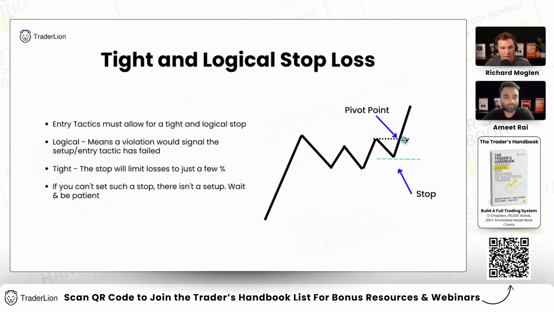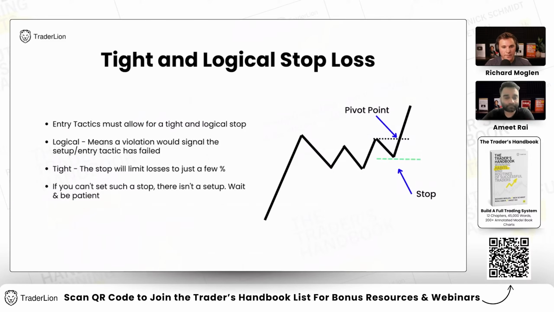If it reverses back down and closes below this higher low, that's breaking the expectation that we were starting a new trend and continuing on with this higher time frame trend here. The next part of this is tight. If your stop isn't tight enough, then it's not really a proper buy point in the first place. You're not really buying at a spot where volatility is lessened, where we're expecting this nice resumption of the trend,